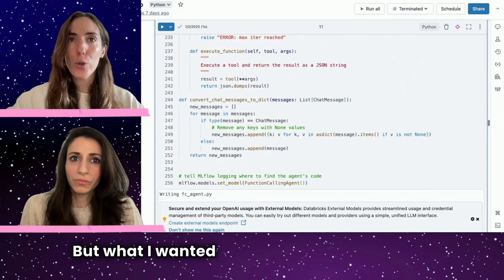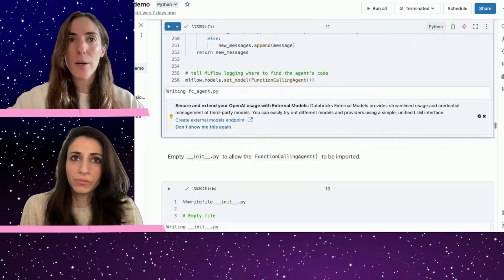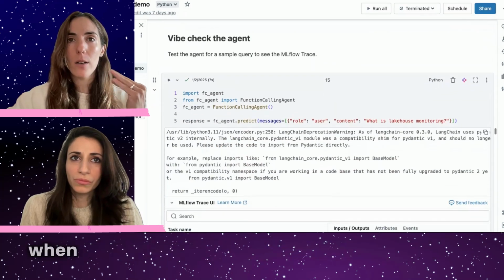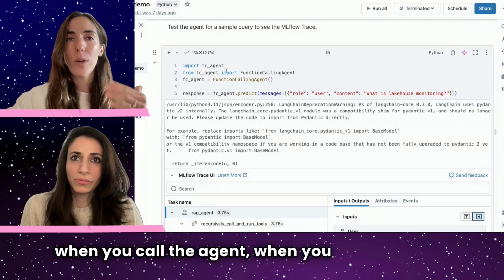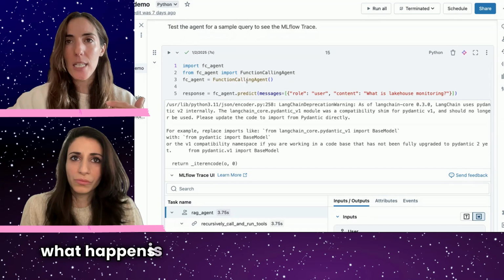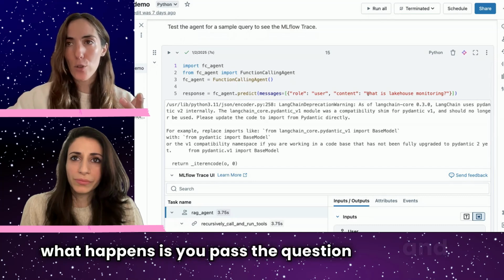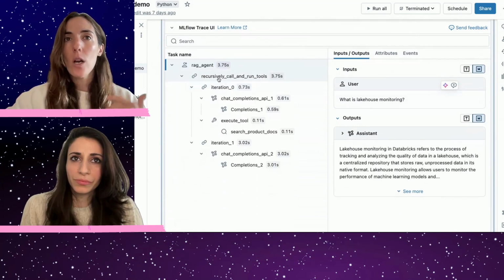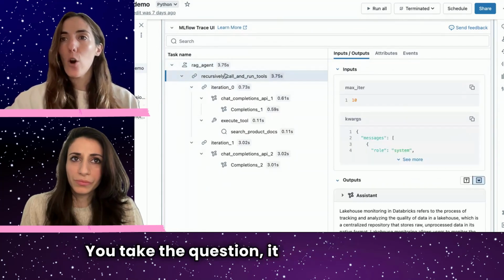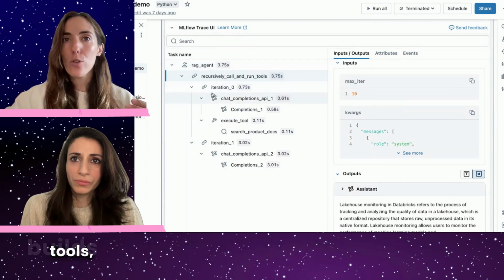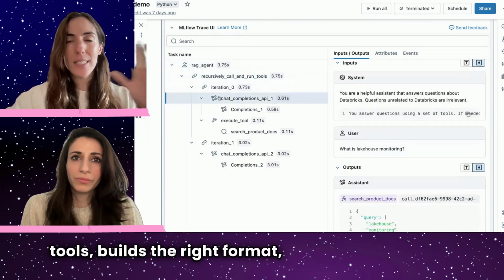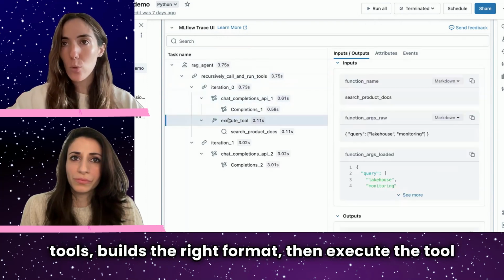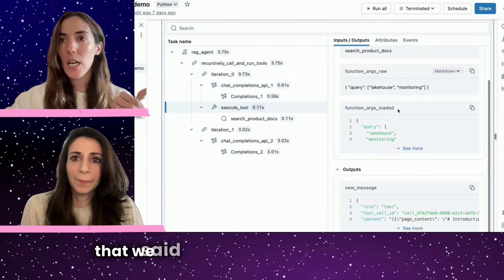But what I wanted to show you here mainly is when you call the agent. So when you call the agent, what happens is you pass the question, and then let's see what is happening in the trace. So you take the question, it goes and hits the tools, right? So it builds the right format, then executes the tool that we said above, which is the